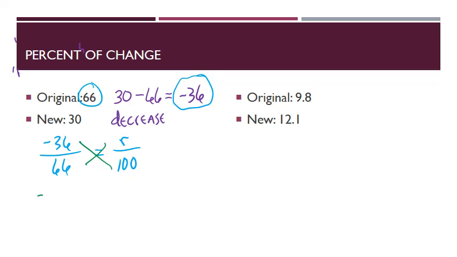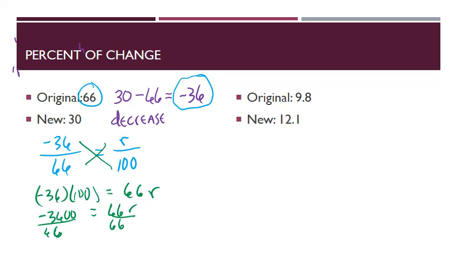So now I've got negative 36 times 100 equals 66, r being my rate. Well, let's see, negative 36 times 100, well, that's negative 3,600 equals 66r. I'm going to divide both sides by 66. Negative 3,600 divided by 66. And that's going to give me,